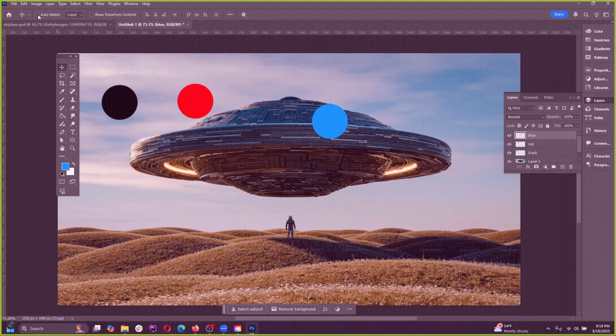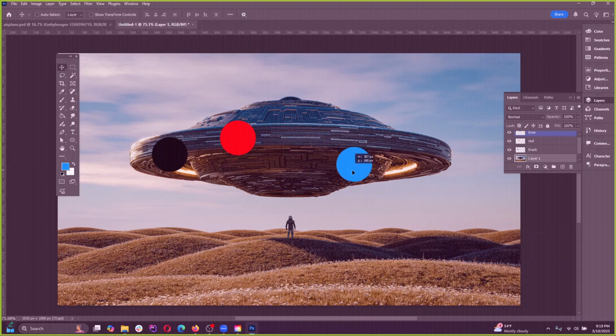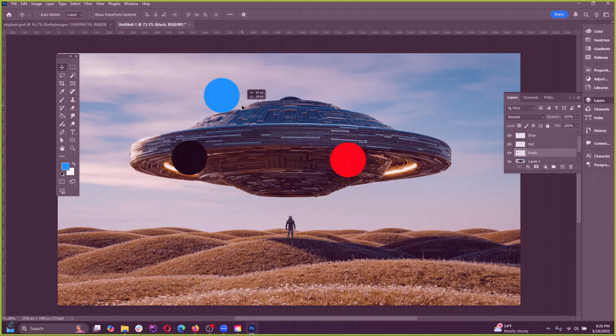Unless you click auto select. If you click auto select, then it will select the layer that you clicked on. It's a preference whether you want to have auto select on all the time or not. The alternative is if you have it turned off, but you find it annoying to always have to go here and select the correct layer,